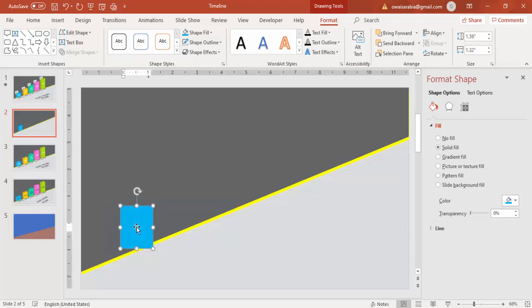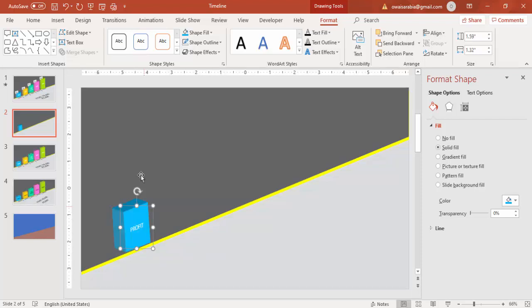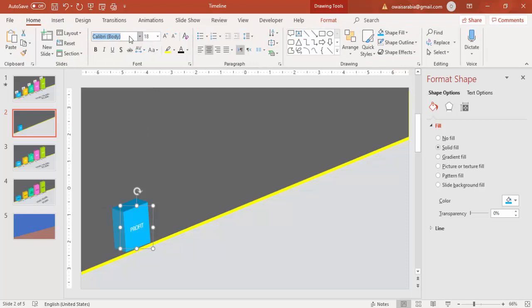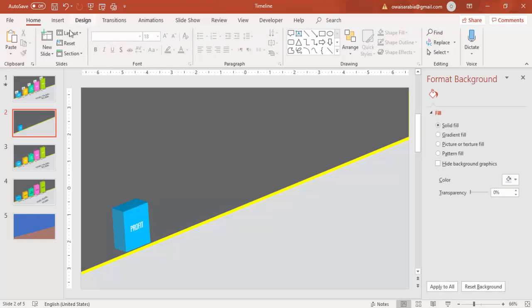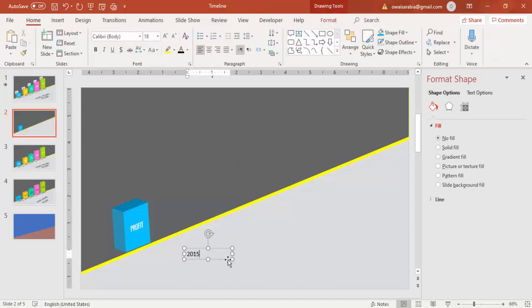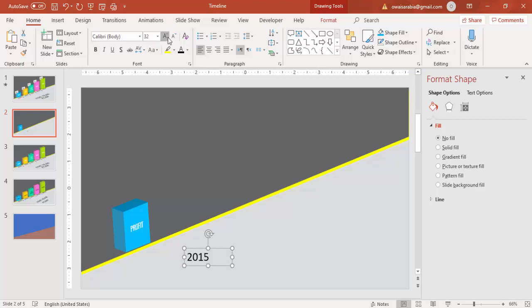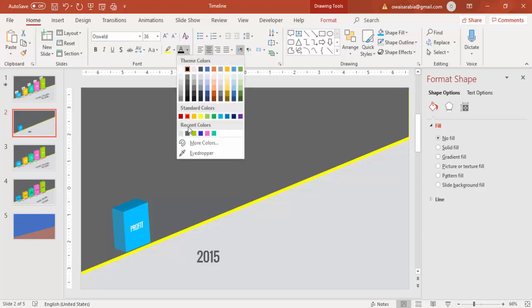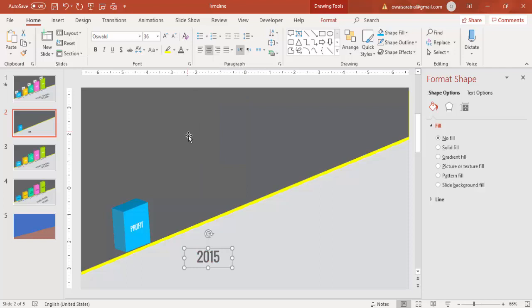and I'm going to type the word profit here, and you can use any good font. In this case I'm just going to use the font which I like, which is Oswald, and then you can add the text here at the bottom. To add the text, go to insert and say text box and type the year. I'm going to type 2015. Increase the size and I'm going to use the same font, center align and give the gray color,